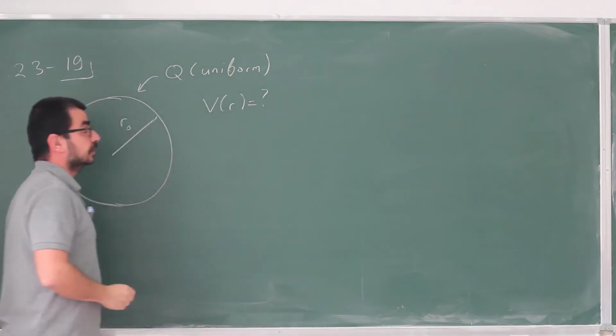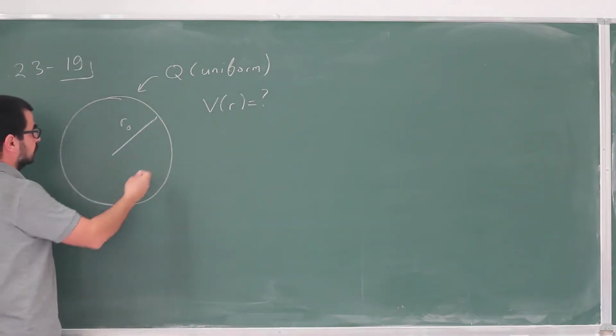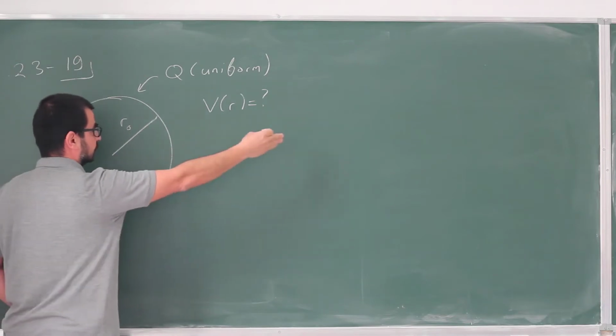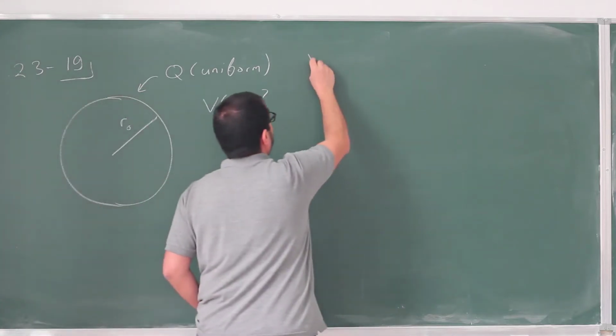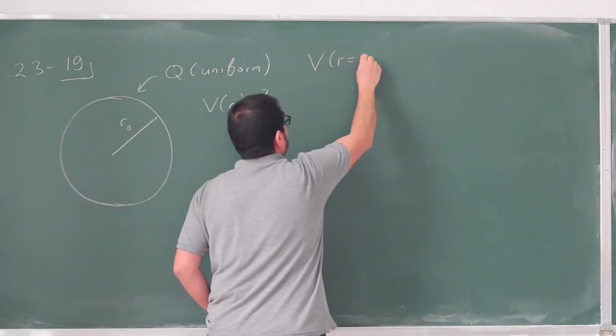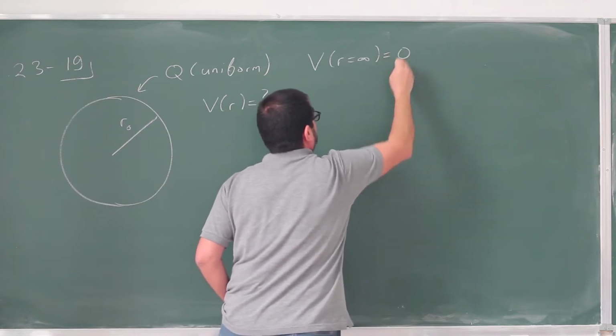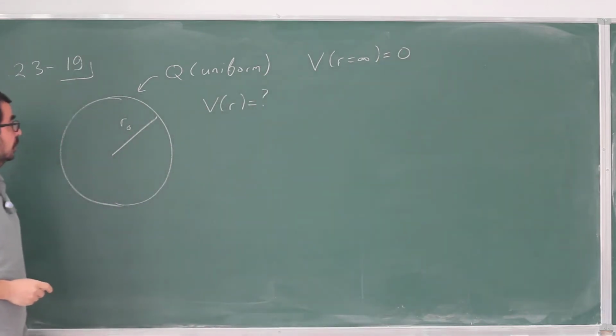Okay. And there are two regions. First we are to find this from r0 to infinity, in that region outside of the sphere, and then for the inside of the sphere. And we are given that V at r equals infinity is 0. That's the usual choice. So this is a fairly typical problem, and of course it's an application of this basic